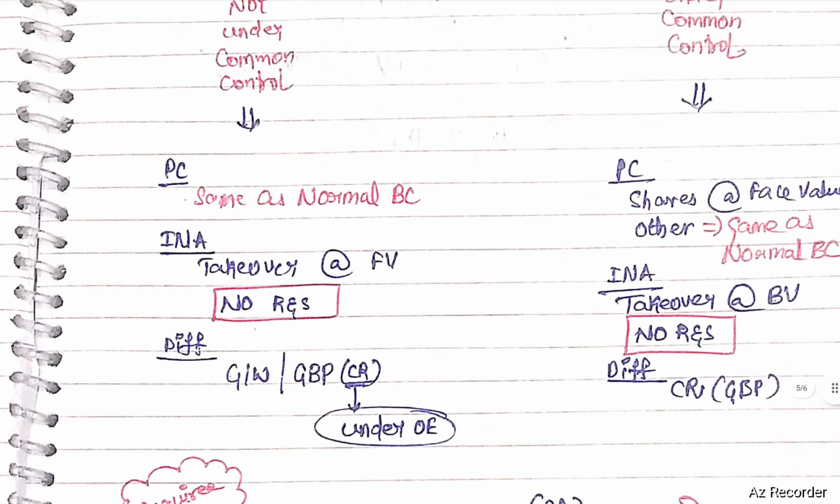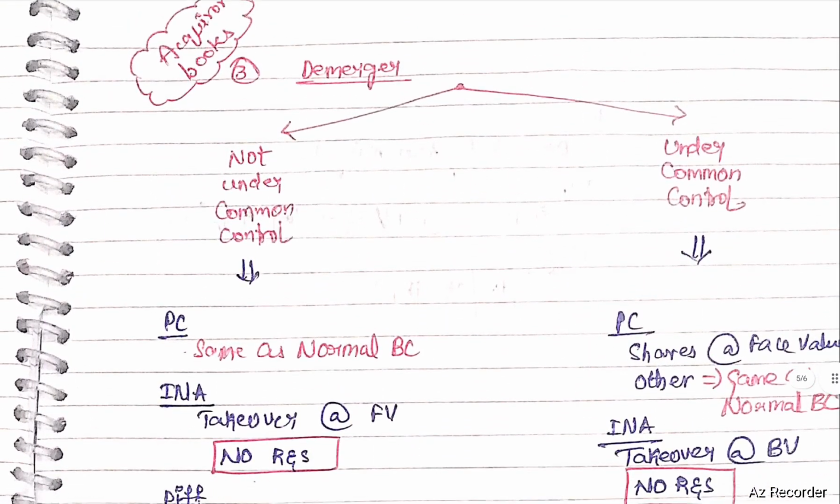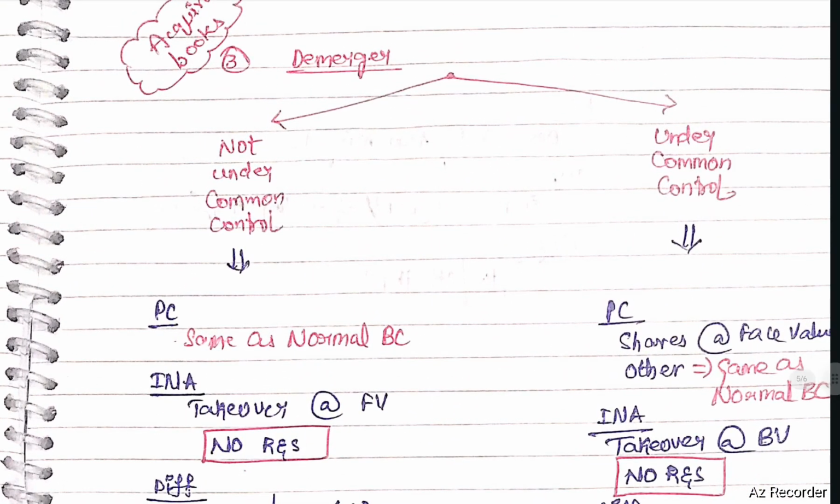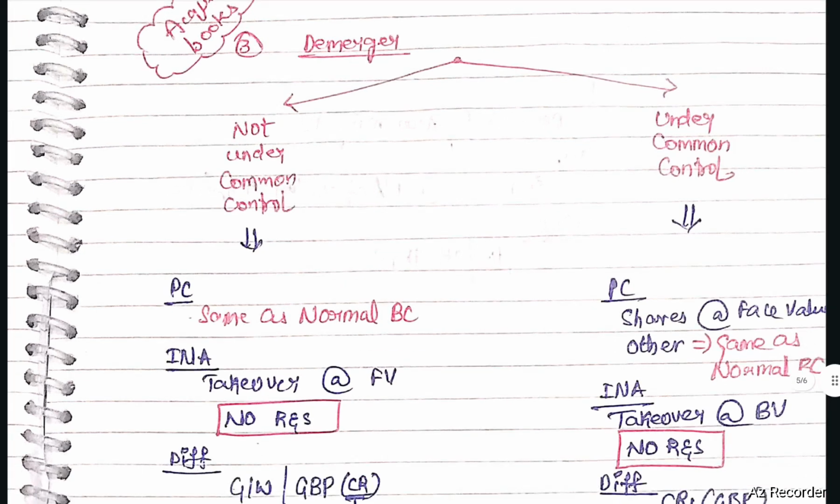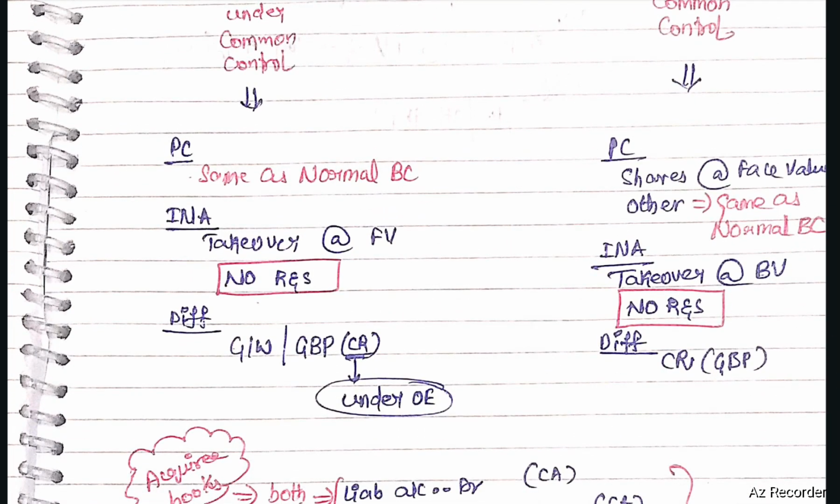Next, under common control, calculation of PC. Shares will be taken over at face value. Others will be taken over same as normal business combination. Identifiable net assets will be taken over at book value. No reserves and surplus will be taken over. The difference will be capital reserve